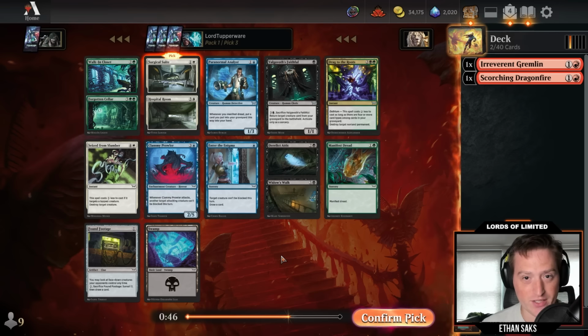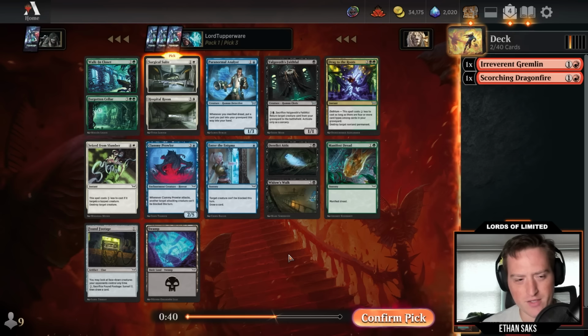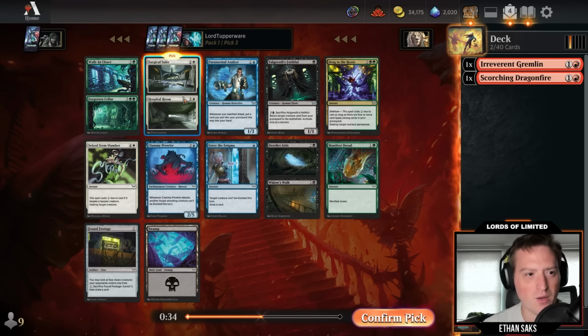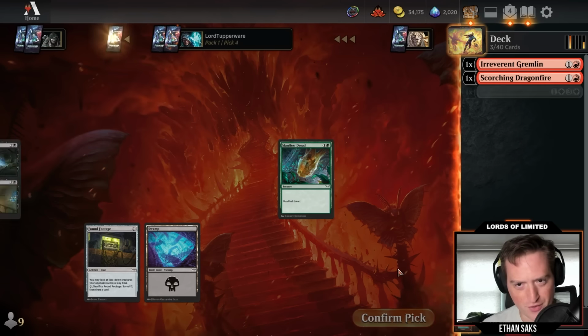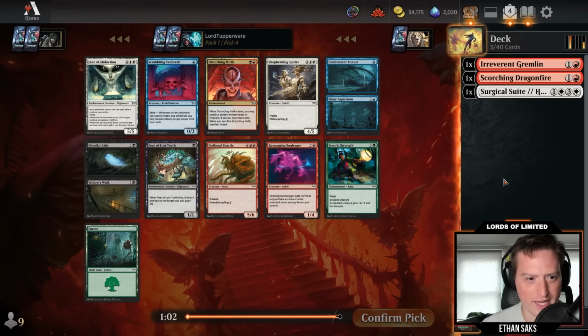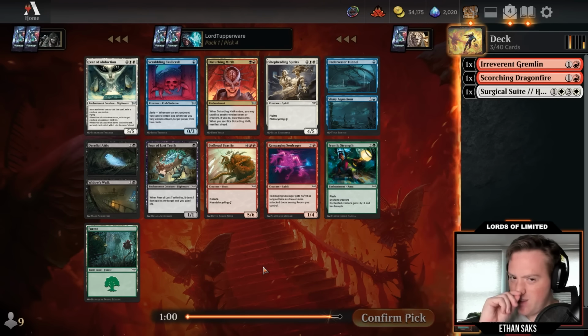It's slightly concerning that there's no red card in this pack. Is Triple Paranormal Analyst a good start to a draft? I mean, yes, but also no. We take Surgical Suite, Hospital Room, 2 mana, bring back something mana value 3 or less. And whenever you attack, you put a counter on target attacking creature. Both halves are great. I often just forget that Hospital Room is hanging out there, letting me mess around